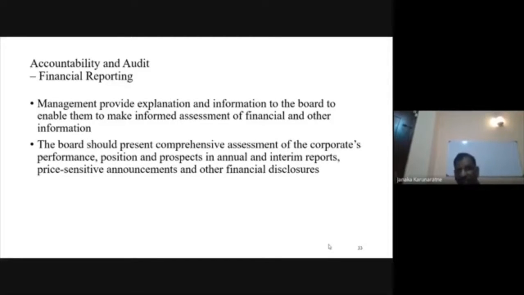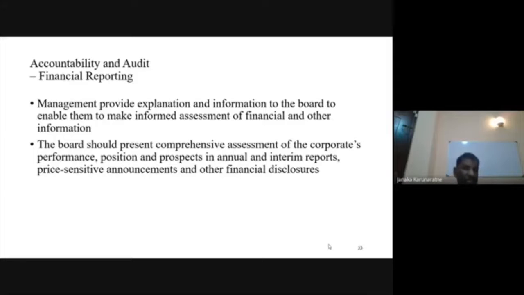Then, as I said, under the governance framework, accountability and audit of the board and senior management for the affairs of the bank is very important. So let's talk about financial reporting. The management provides explanation and information to the board to enable them to make an informed assessment of financial and other information. It's very important, the provision of information related to the financial position, the bank's stability, and other information relevant to the assessment of the financial condition of the bank,